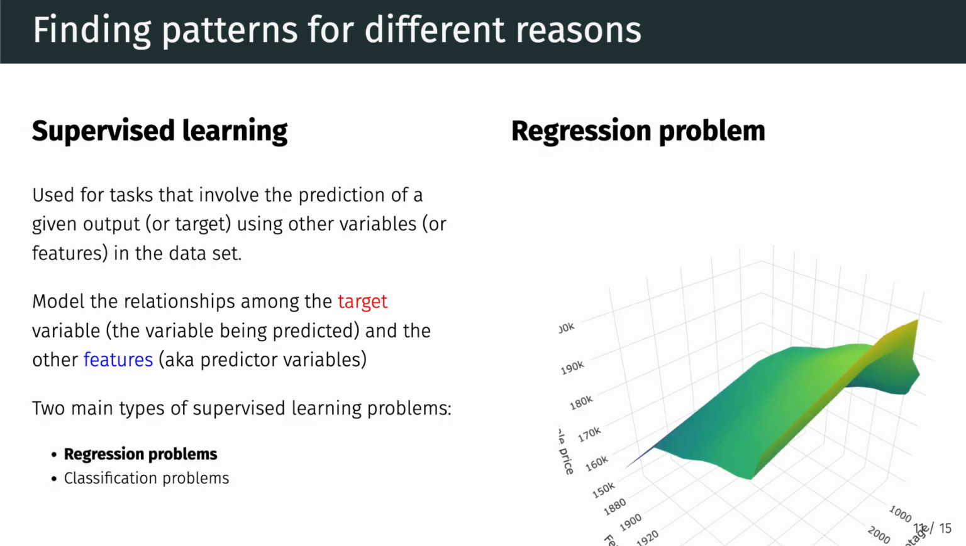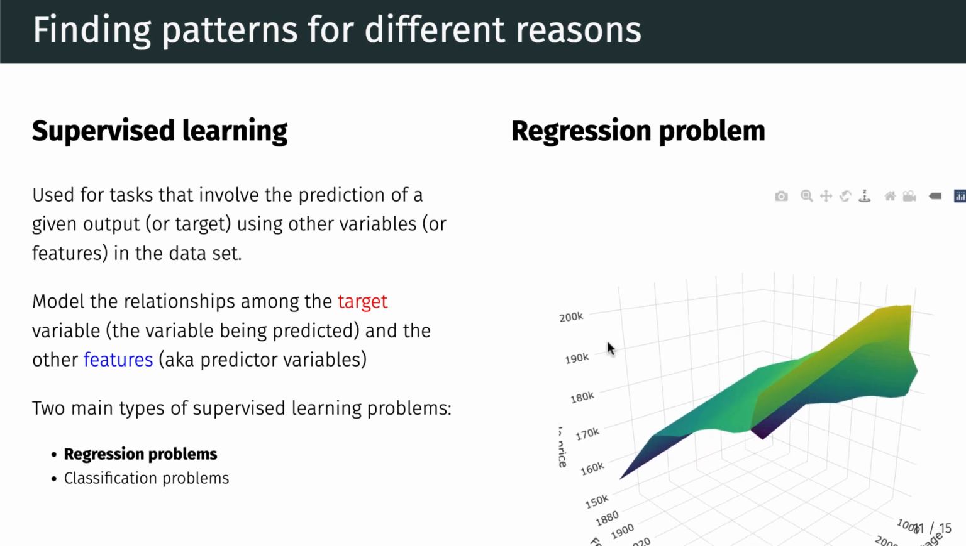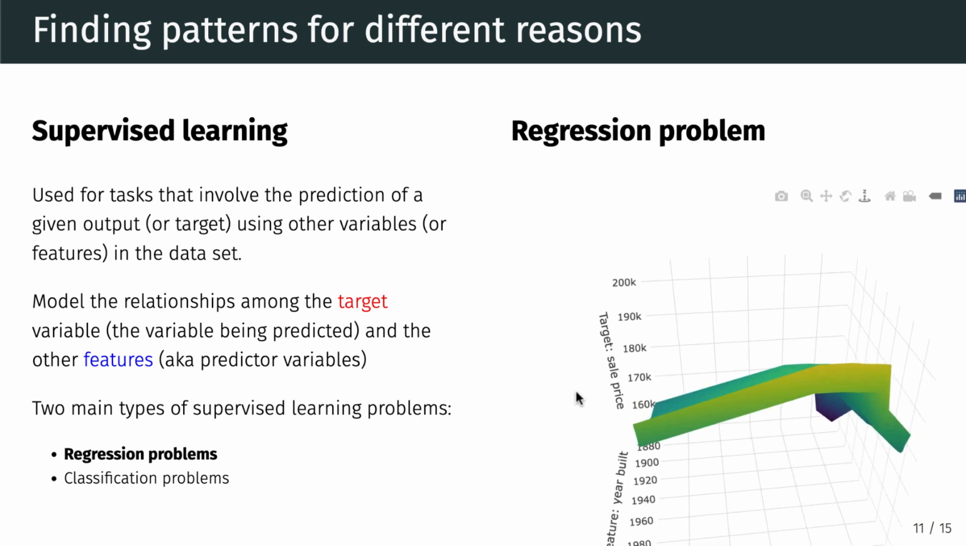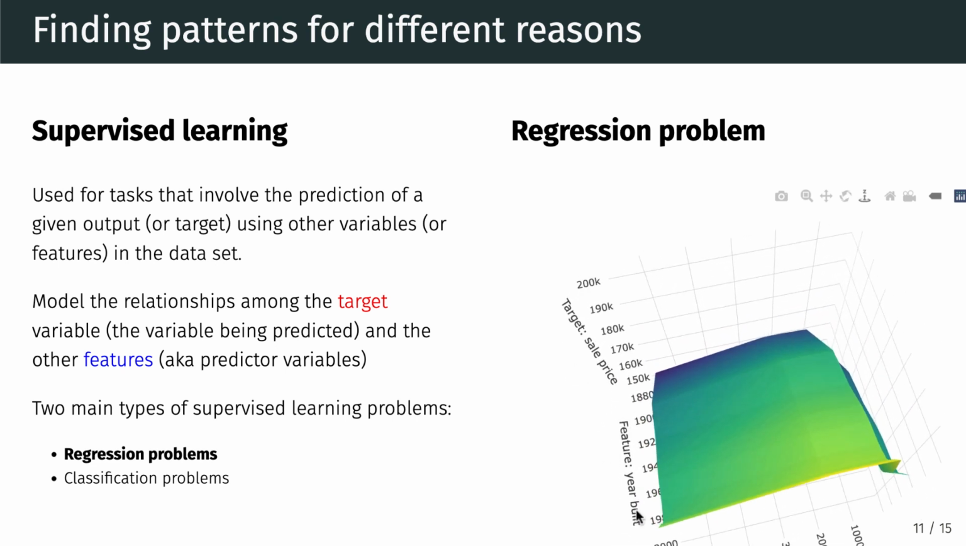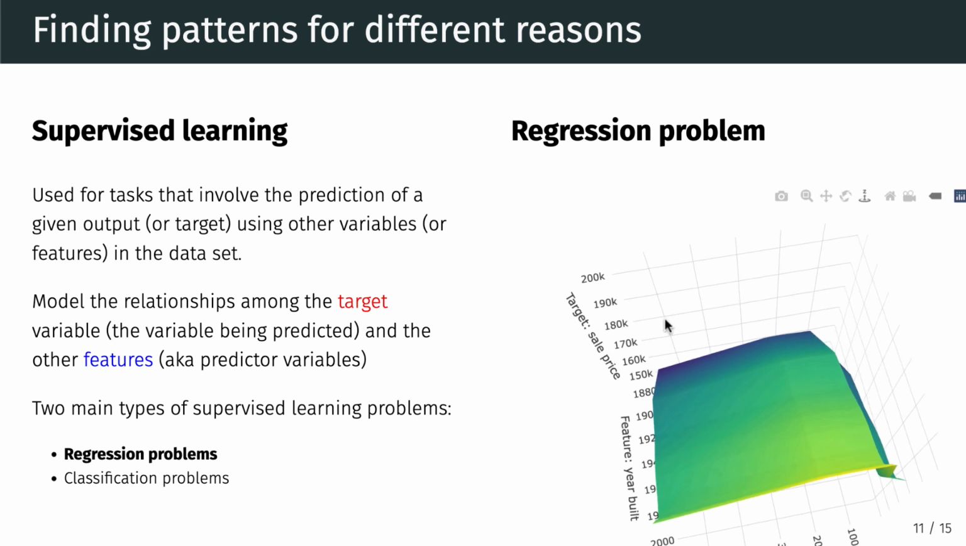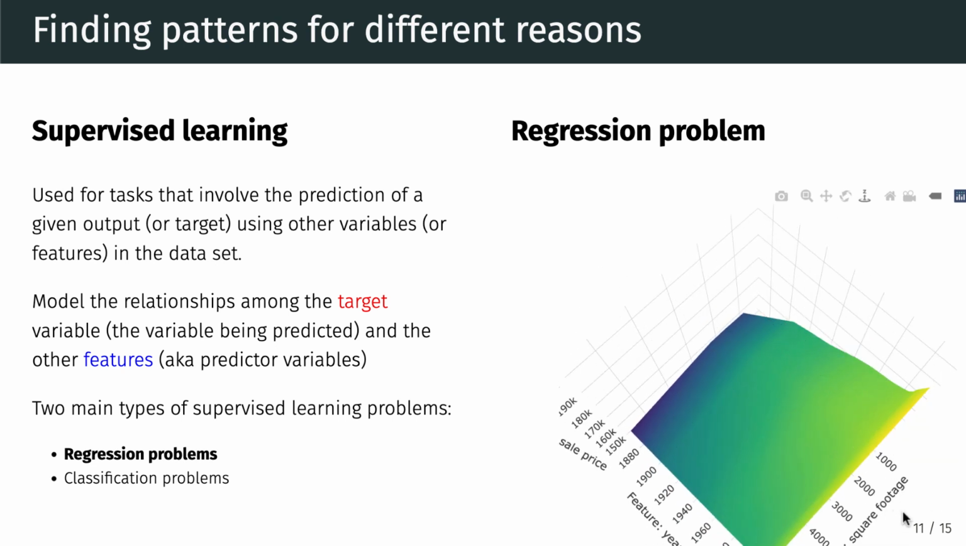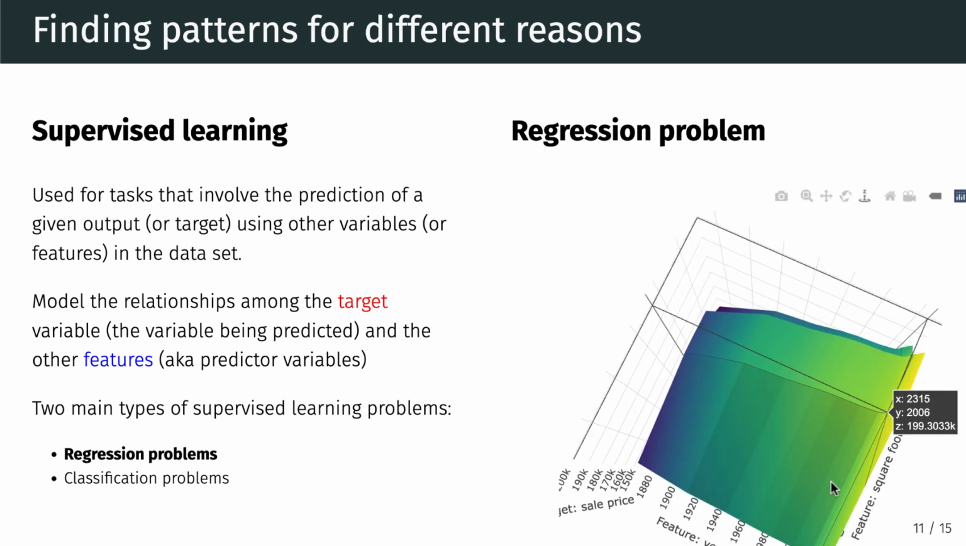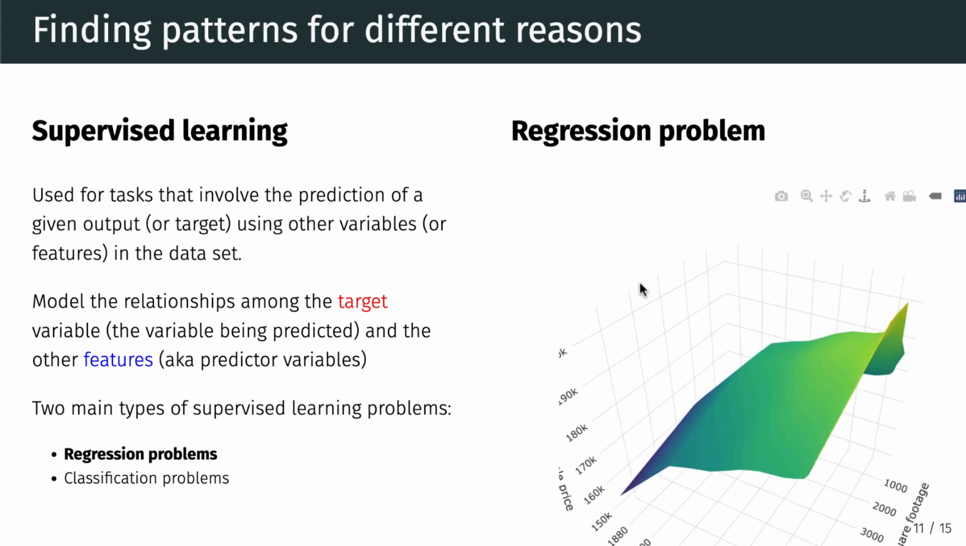Now, within supervised learning, we often have two primary tasks. One is to predict a continuous variable or continuous outcome. So for example, say we want to predict the sales price, which we can see here on this vertical axis. The sale price is dependent on a couple of features. One could be year built, which we see down here on this lower axis. And then also over here we have square footage. So this is actually a three-dimensional